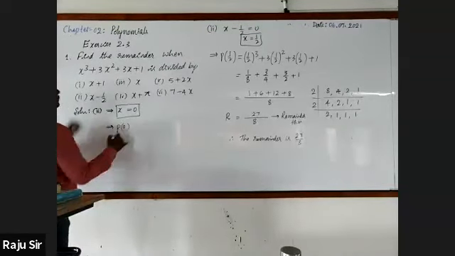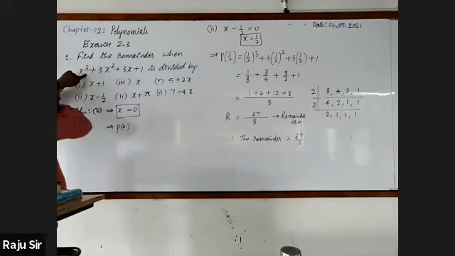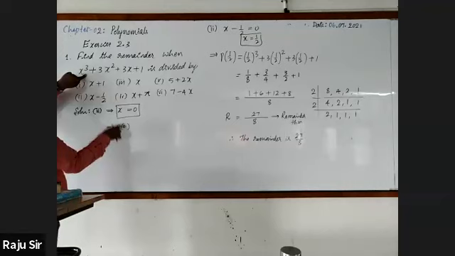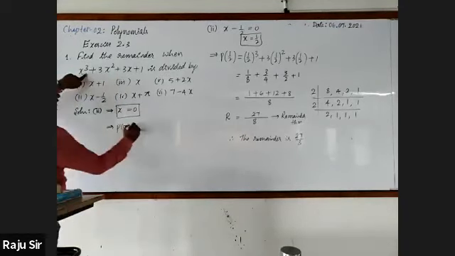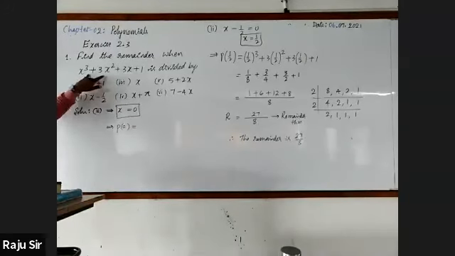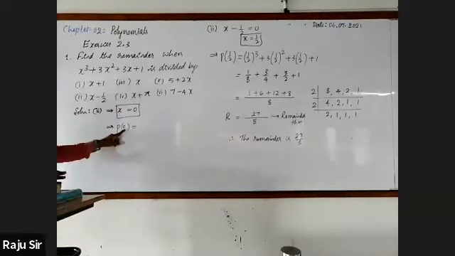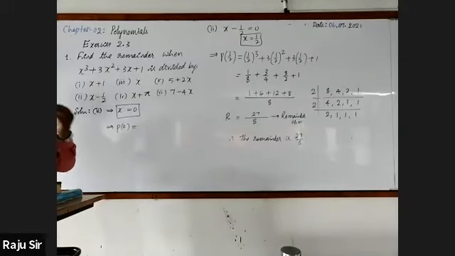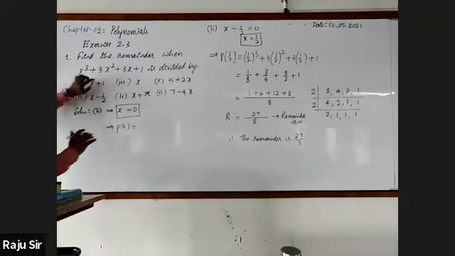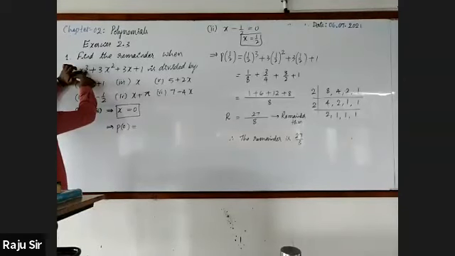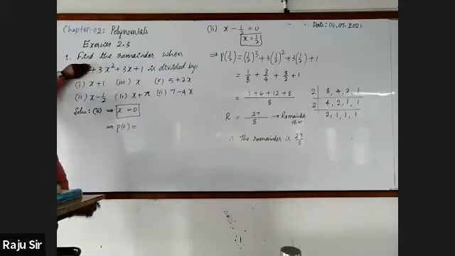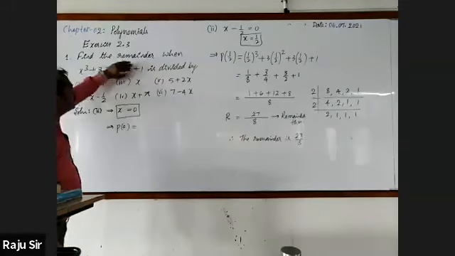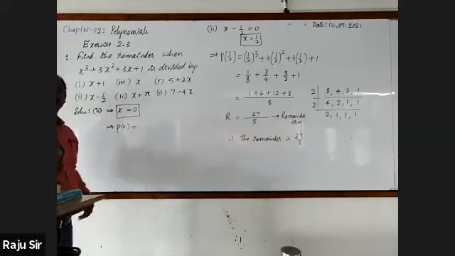Now you may find p of 0, which means by substituting 0 in place of x, you should find out the value of this polynomial. Very simple. Here, 0 is there in place of x. We know that 0 into any number is 0 itself. When you substitute 0 in place of x, the first term is 0, the second term becomes 0, the third term becomes 0. At last, you get 1. Hence, the value will be 1.